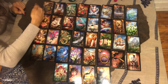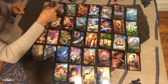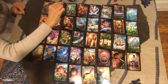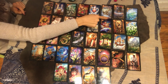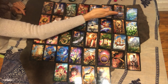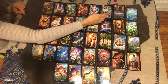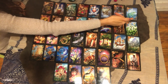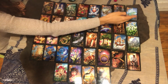So perhaps there's a past relationship that we're discussing for both parties, masculine and feminine, where it was a very public choice that you had to make in regards to knowing where you stand in love and knowing where you stand for a stable love, okay? Now, what I am seeing is that there was an ending, or there is coming an ending to this stable love. It could be that the stability in itself is ending, and now it's going to turn into something, and actually the bear is another stable card, but what I'll say is that it might turn into more of a